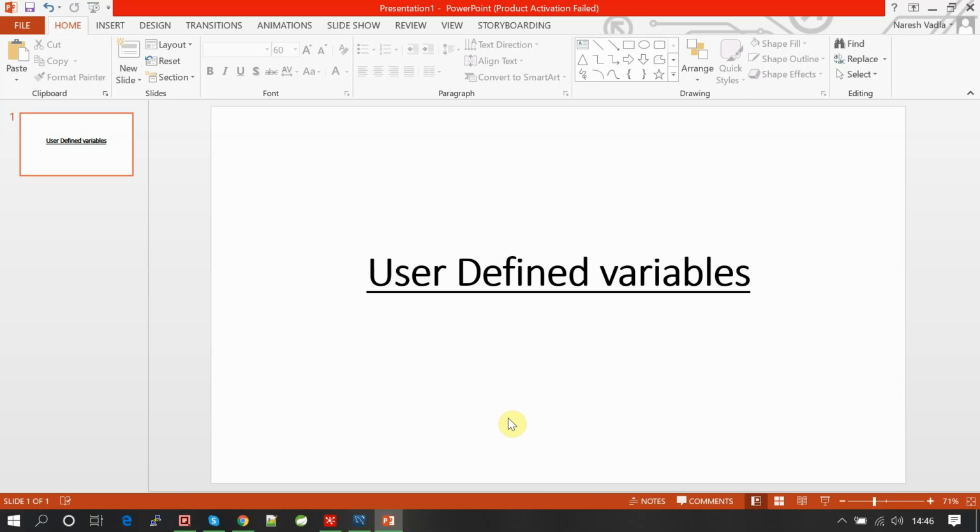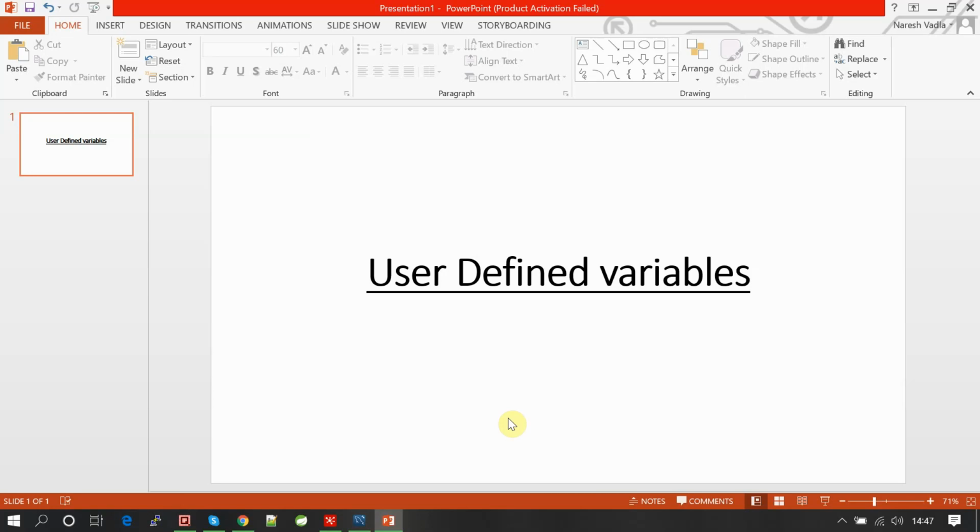Friends, today I'm going to tell you about a topic called user-defined variables in Pentaho PDI, Pentaho Data Integration Kit, whatever you call it. Basically, consider a use case where we are doing many operations on a database, or connecting to various data sources, where you need to define all the connection details. You might have so many transformations and jobs in your ETL, and every time you are going to create a connection and do your ETL.